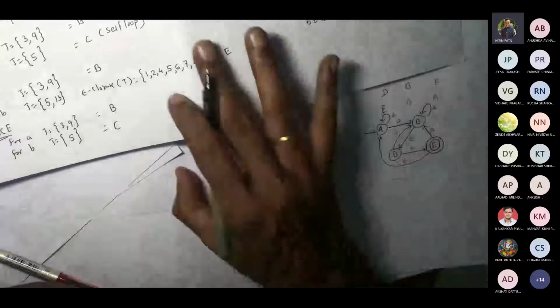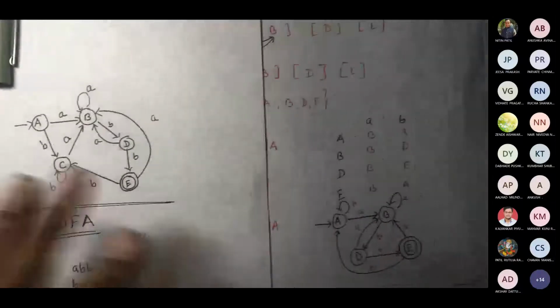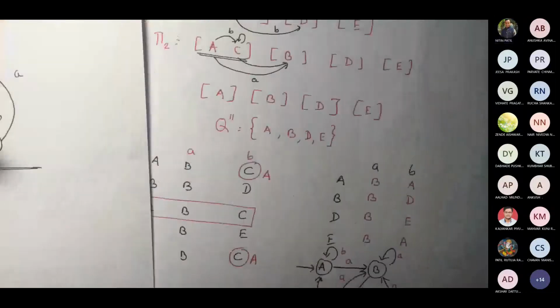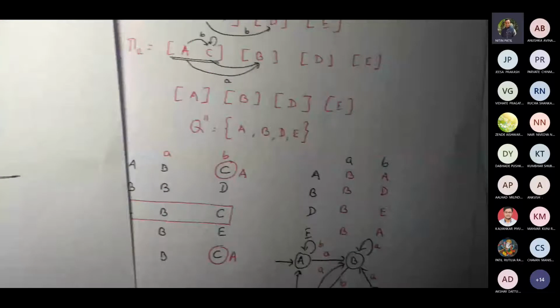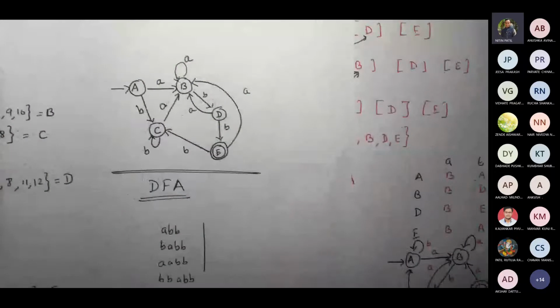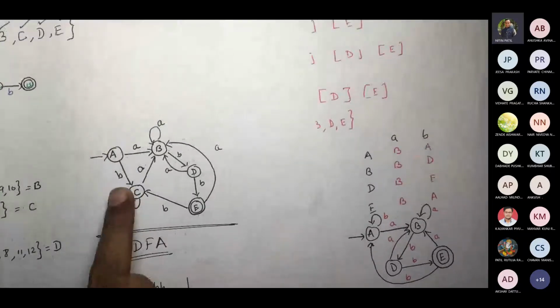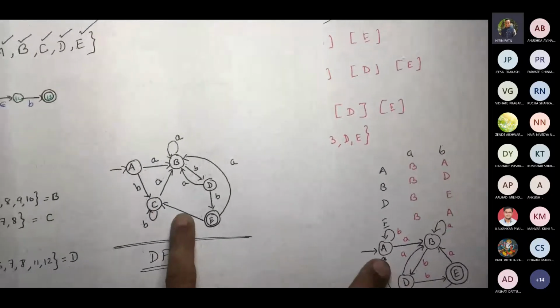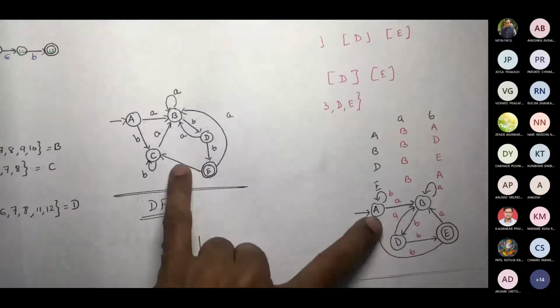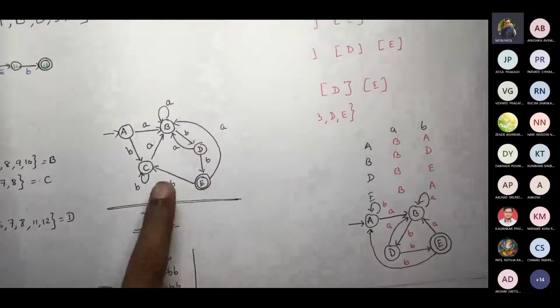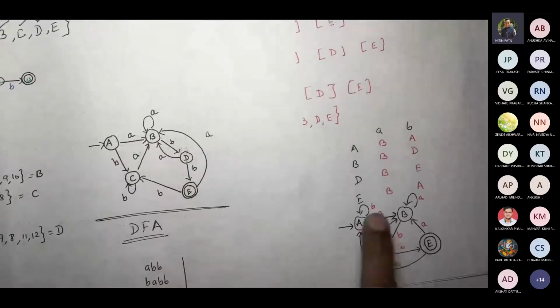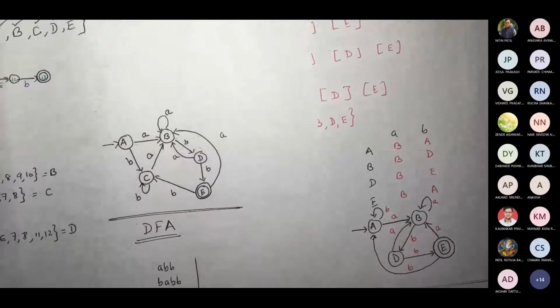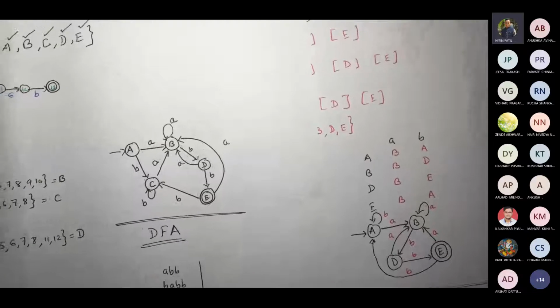So that's why, if you see, earlier we had the number of states to be 5. We could convert this transition diagram, this finite automata, to one with a lesser number of states. So we got these 2 pictures. Both of them are accepting the same language. But here we had 5 states. Now we are having 4 states. Is that fine?